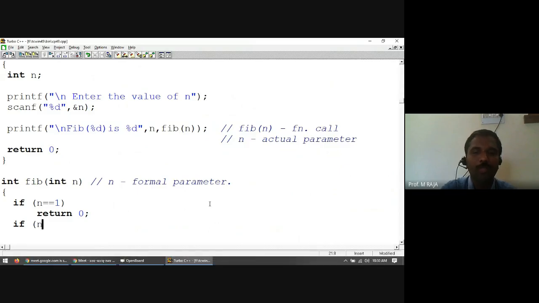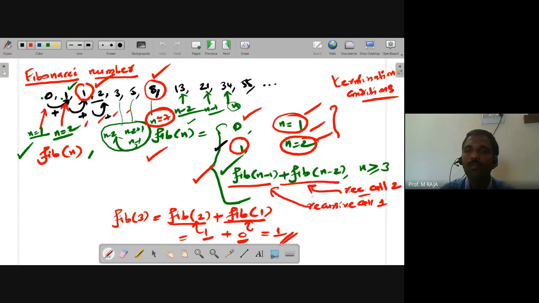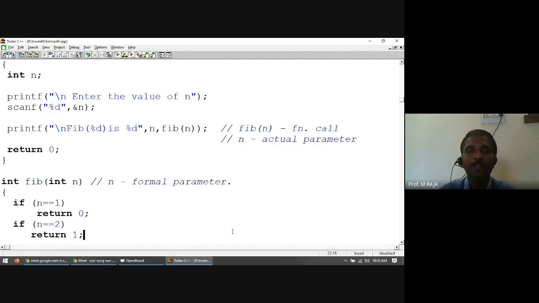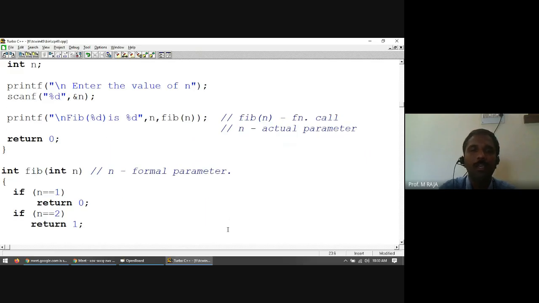If n is 2, or even we can write else part also, no problem. Return 1. If n is 2, return a value 1. Or you can use else conveniently. Else if n is equal to 2, return 1. Else,